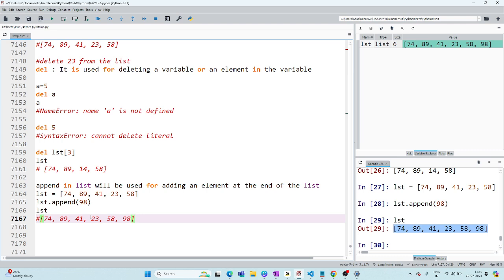Sir, at the beginning, can we add? Yes, there is a property for that also. Sir, can we delete by using any property? Yes, we have that also. Sir, can we sort? Yes, we have a property for that also. All these properties we will see again when we talk about the list again. For that we need some more understanding of the elements.